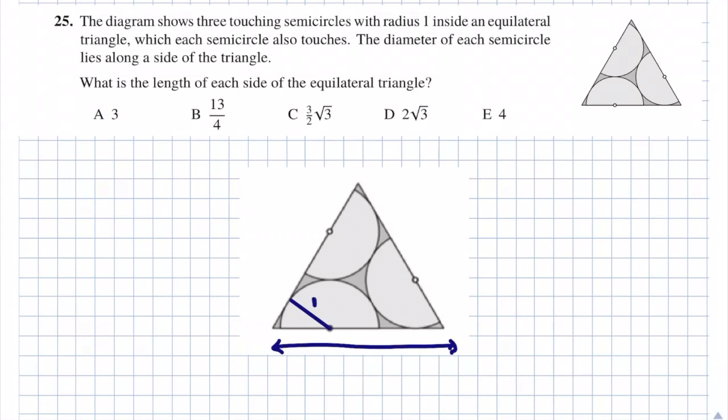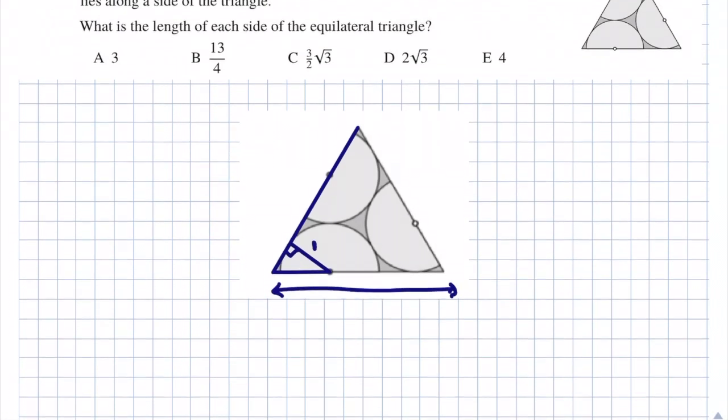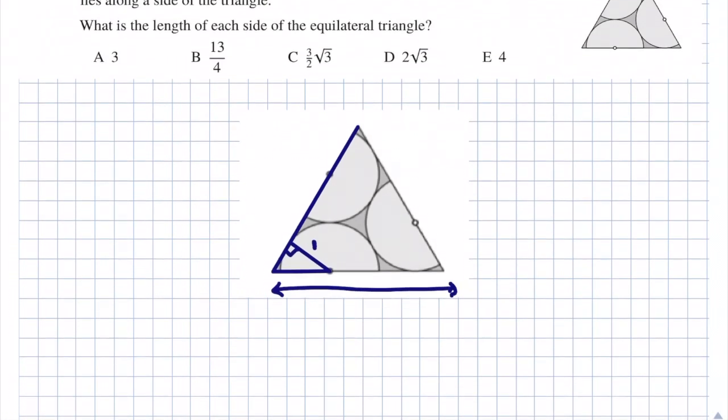Now what I can say is that this side length of my equilateral triangle is kind of like a tangent, and from GCSE maths with circle theorems you should know that the tangent to a circle is always perpendicular to its radius, so that means that here we're going to have a right angle. Now if I connect these two sides, I've got my first triangle which makes up this bottom side length. So if I draw that triangle down here,